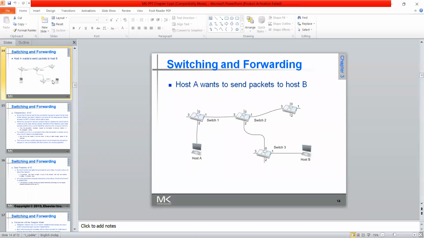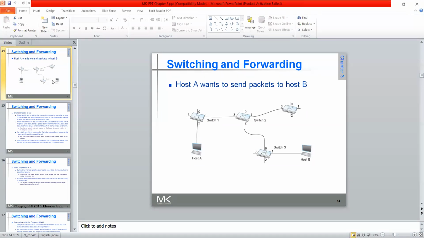Then yes, host B is connected to 1 there. Now according to this, switch 1 is an output port. The coming input port is 3 here and the output port is 2, and later it will be like this, the input port is 1 and the output port is 2. That will be updated again in the VC table of switch 2 and it will be sent to switch 1.